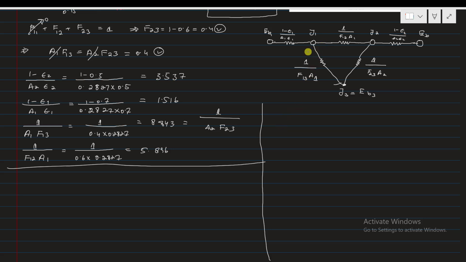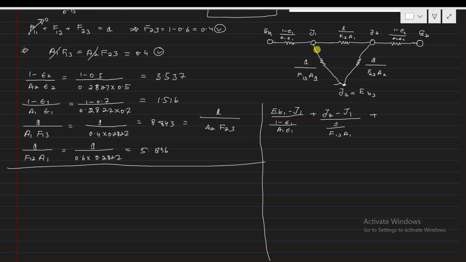So look at all the heat current entering the J1 node. The heat transfer from EB1 to J1 is equal to EB1 minus J1 divided by 1 minus emissivity 1 divided by A1 emissivity 1, plus the heat transfer from J2 to J1, that will be J2 minus J1 divided by 1 over F of 1 to 2 area 1, plus